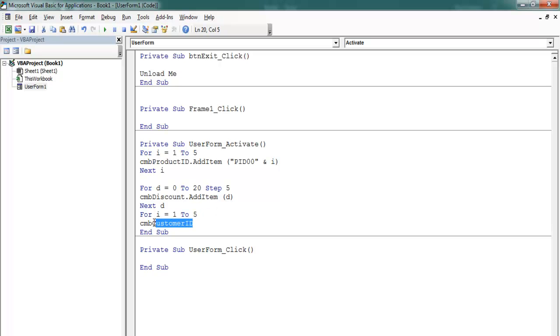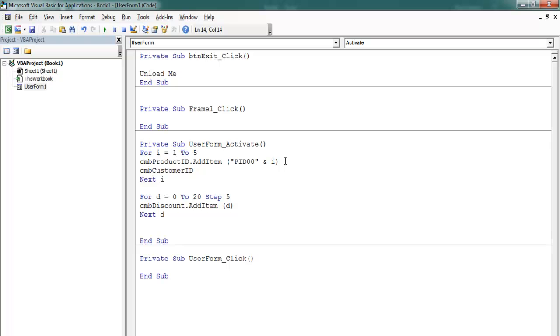It's just an example really. Okay, I'll put that in here. Then that's for customer ID. We add as well. And that is CID. Okay, the CID, and the other one is